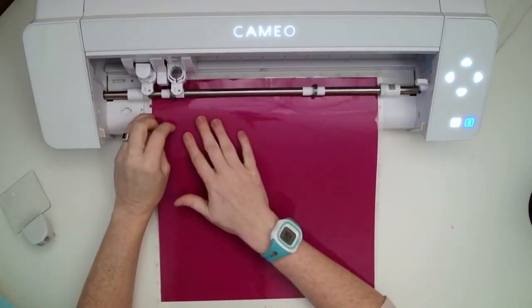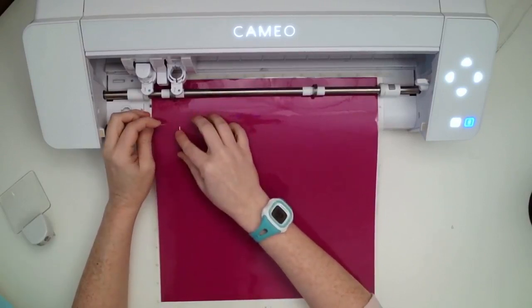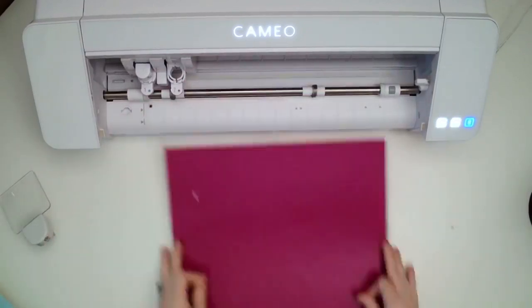So I'm going to just try and pre-weed this. I'm going to lift up a tiny spot, and the vinyl comes up perfectly easy. So now I know I can unload this,